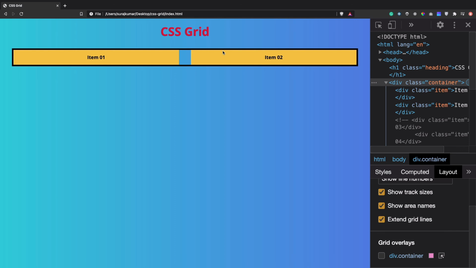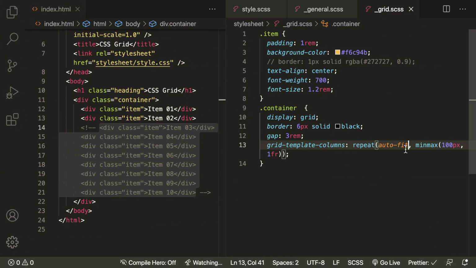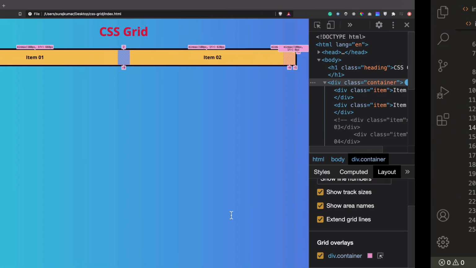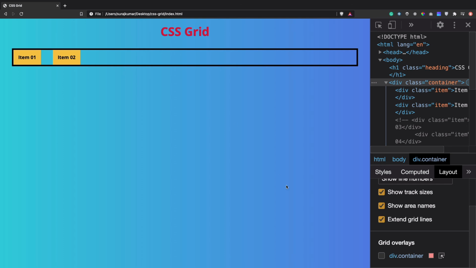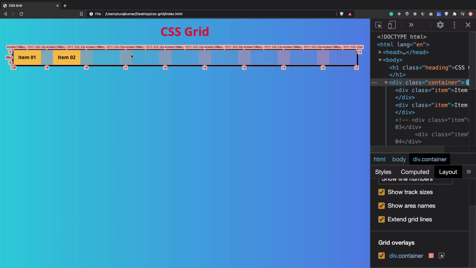What was happening there is that whatever number of columns could fit inside the container with a minimum width of 100 pixel was being created, but the extra columns were also taking space with autofill. Those extra columns are not created with autofit.